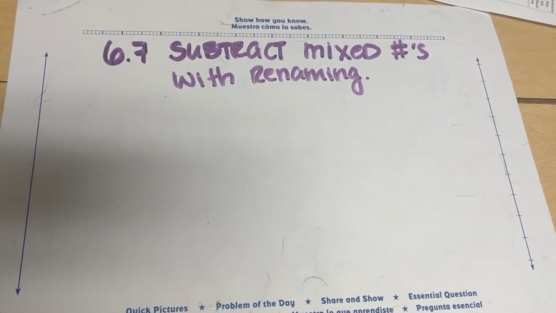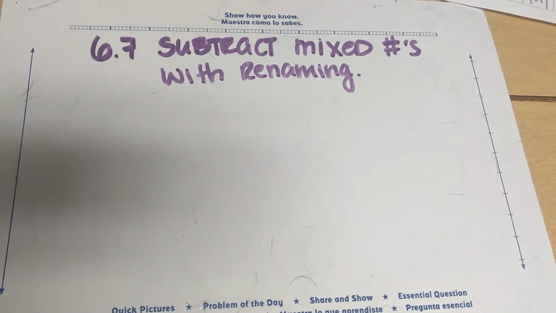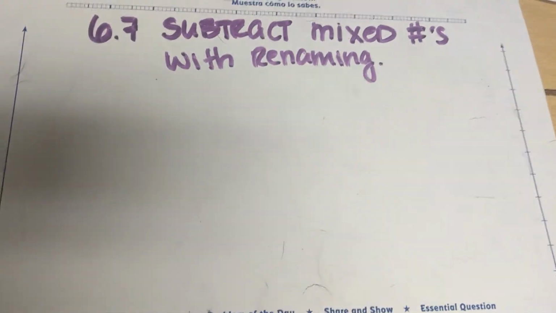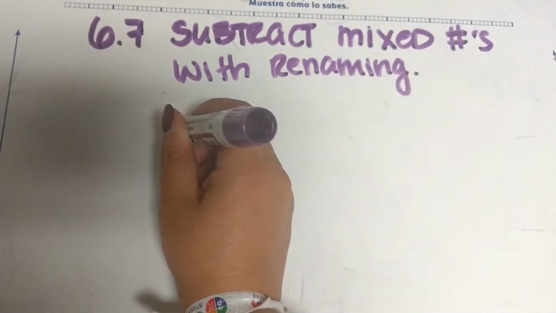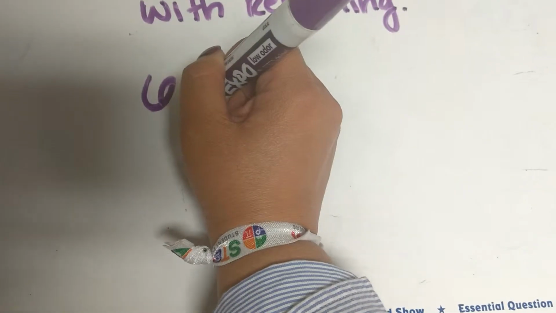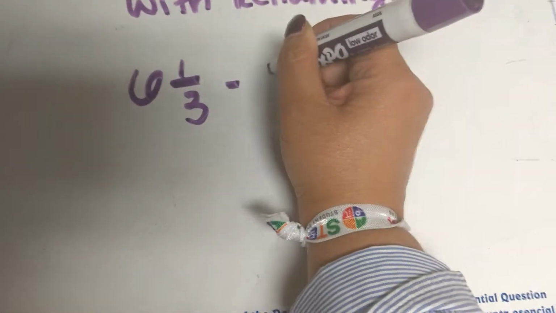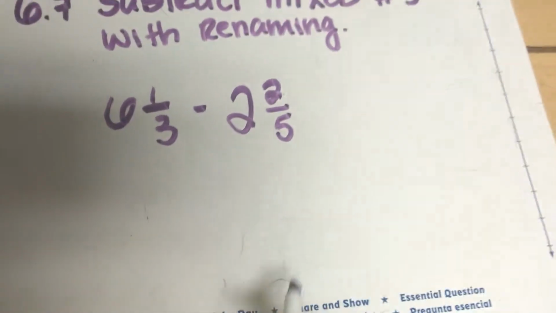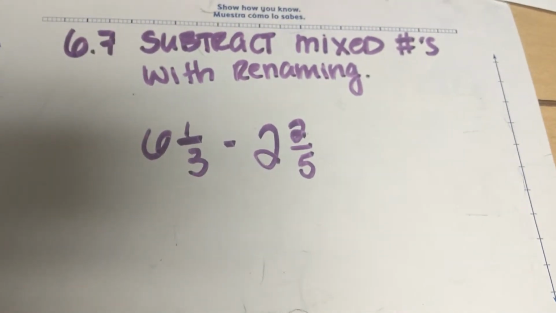6.7, subtract mixed numbers with renaming, or some people, or I usually call it regrouping. Okay, the book just calls it renaming. So say you have 6 1/3 minus 2 2/5. The first thing you have to do is make sure you have a common denominator because